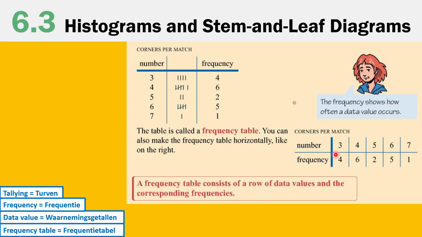That means there were 4 matches in which there were 3 corners. There were 6 matches in which there were 4 corners, 2 matches with 5 corners, 5 matches with 6 corners, and 1 with 7 corners. Okay? So a frequency table consists of a row of data values and the corresponding frequencies,